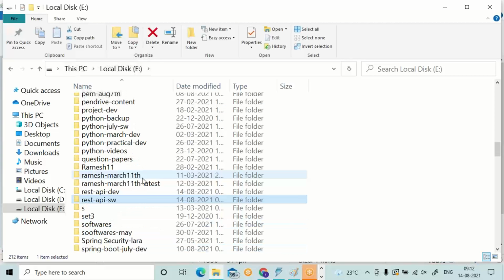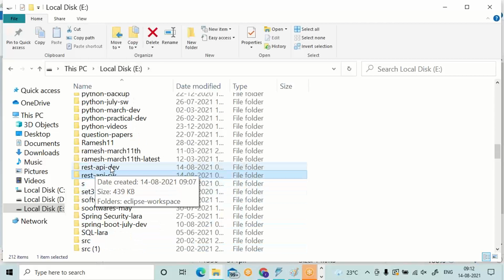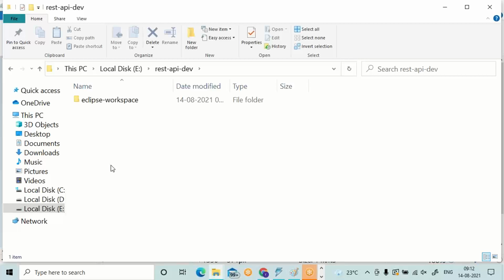Then inside REST API DEV, there is an Eclipse workspace folder. In the Eclipse workspace folder, we will be developing REST API.